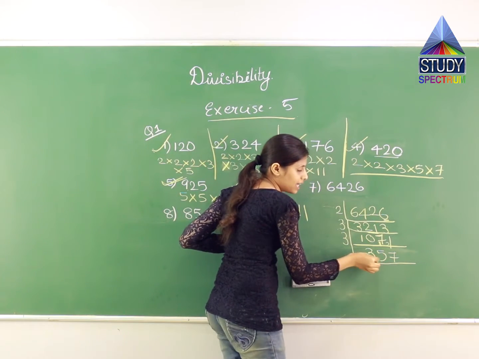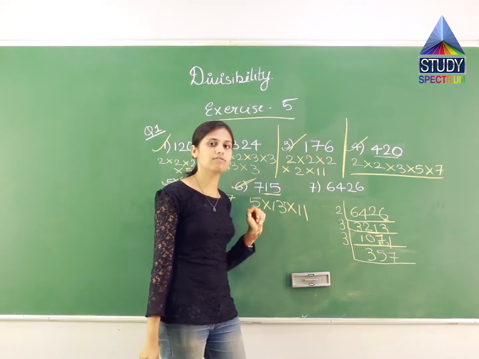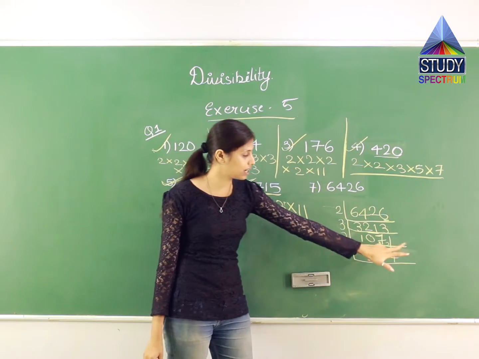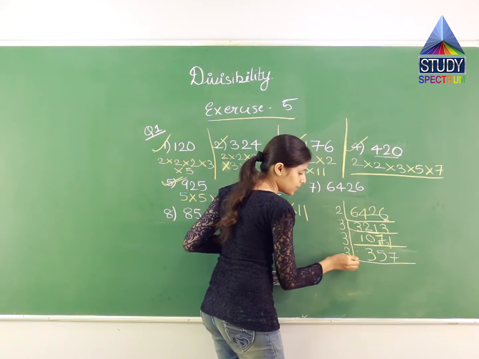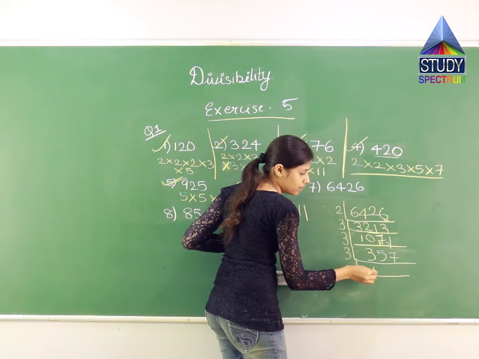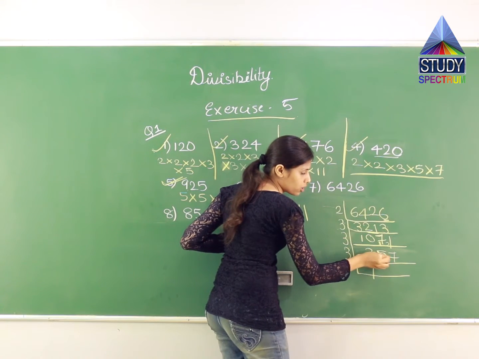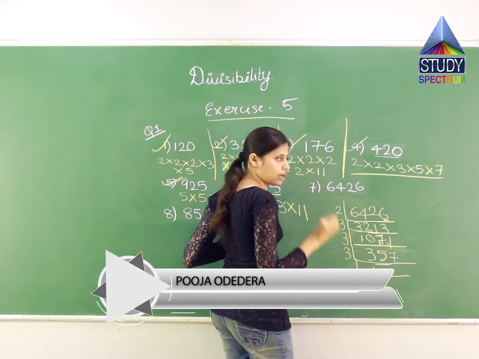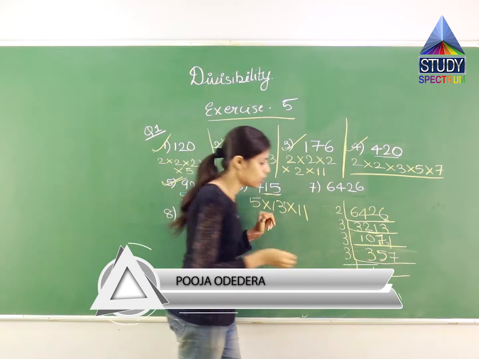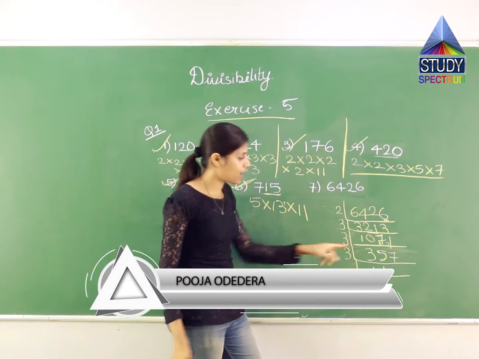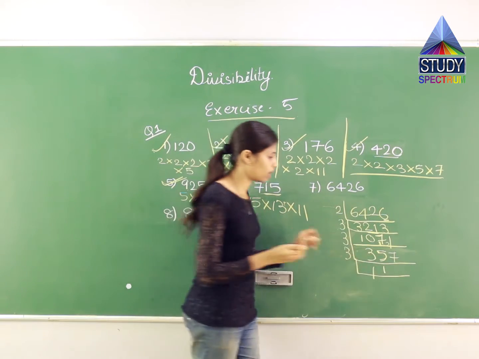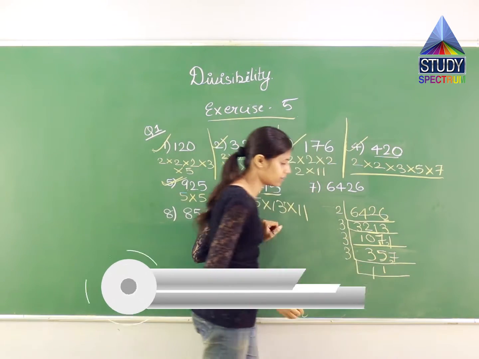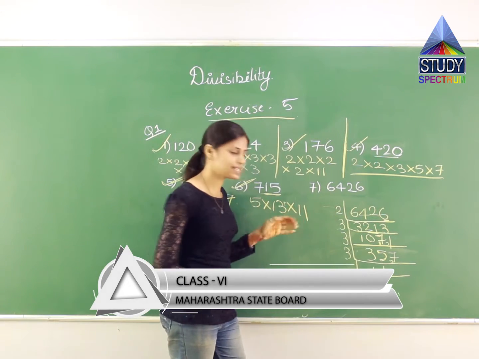Again, 7 plus 3 is 10, 10 plus 5 is 15. 15 is divisible by 3. So this entire number 357 will also be divisible by 3. So let us divide it by 3. 3 ones are 3. 5 over here, which is not possible, so I will take the closest number to 5, that is 3. So 3 ones are 3. But 3 came, not 5, so the difference between 3 and 5 is 2. That 2 I will bring over here. So 27. Then 3 nines are 27. So 9.